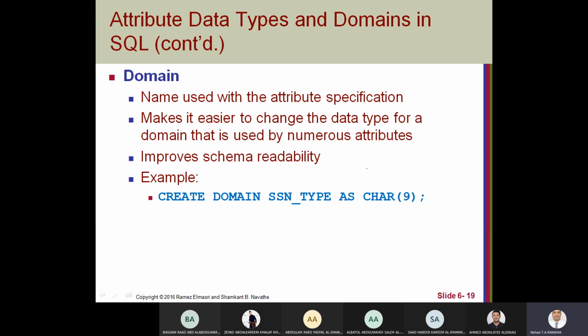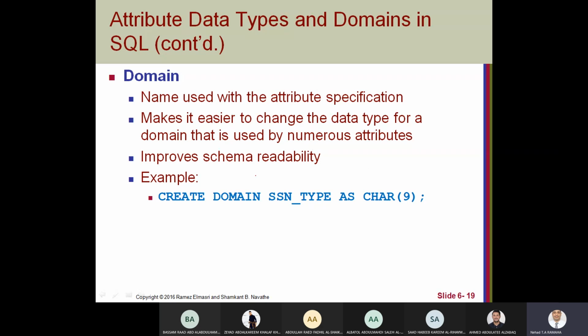So this makes it easier to define our attributes, or even change some constraints and things about attributes.